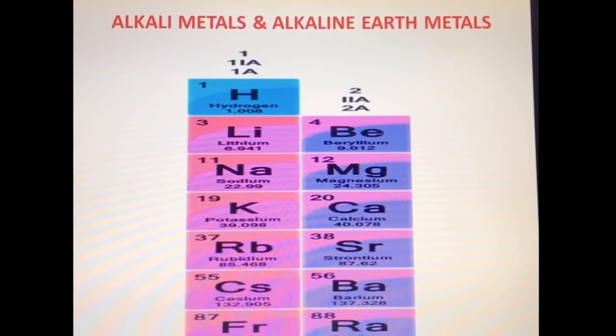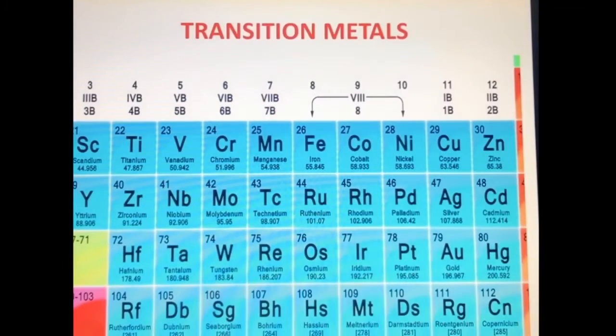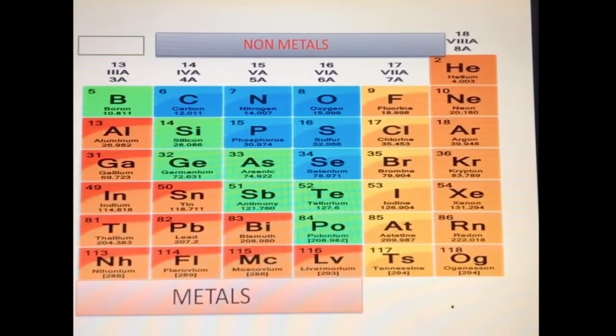Alkali metals have one electron in valence shell and have the tendency to donate one electron. Alkaline earth metals have two electrons in valence shell and have the tendency to donate two electrons. Transition elements show variable valency and have the tendency to release different numbers of electrons. Non-metals have the tendency to accept 4, 3, 2 or 1 electron to get stability, or to get the electronic configuration of noble gas.